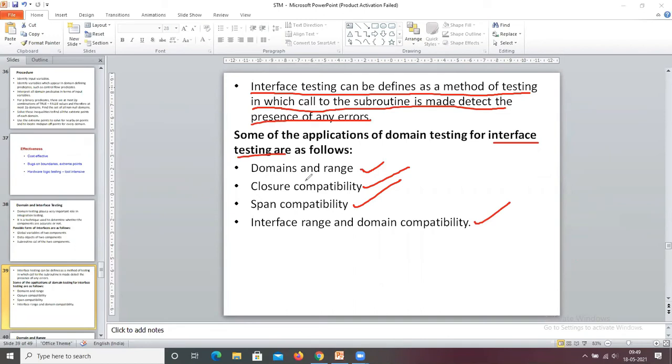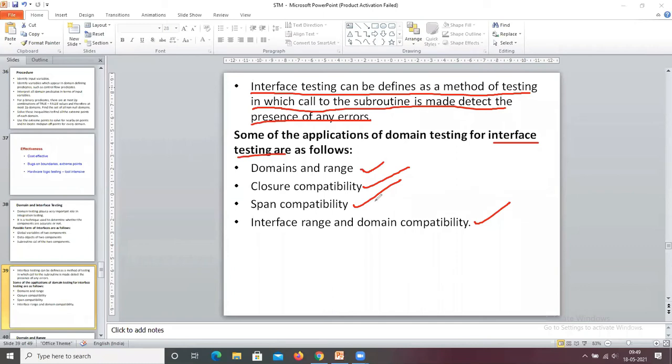So what does range mean? The set of output values produced by a function is called the range of the function, in contrast with the domain.